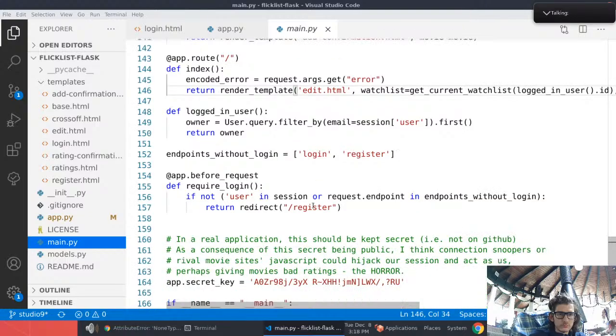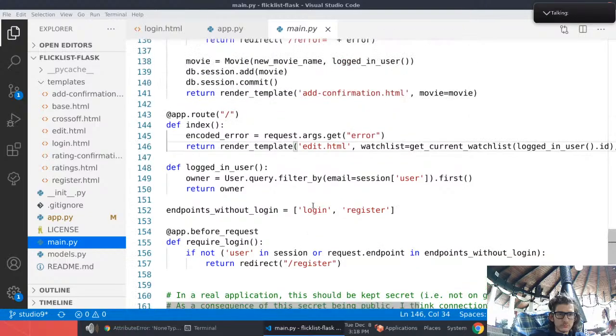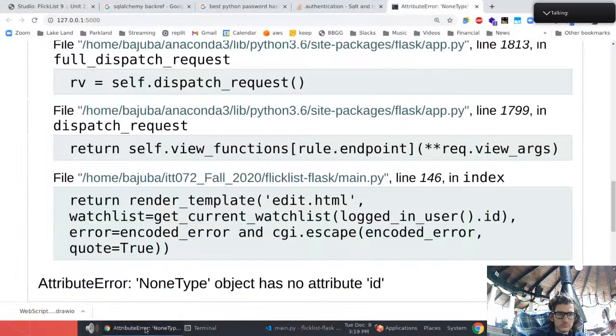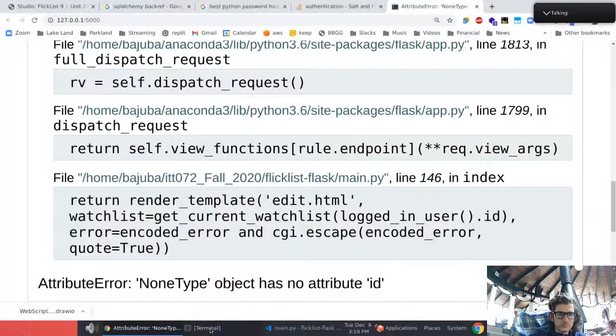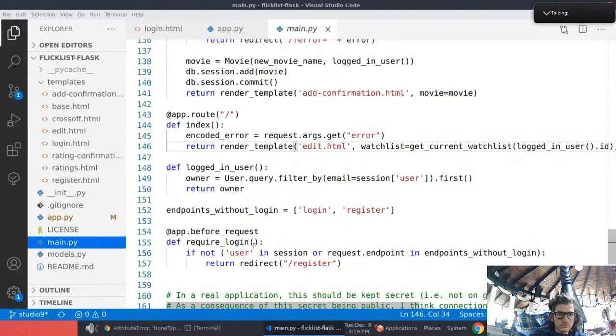They're not redirecting us to register. So before request, oh, okay. Why is it giving me this error? Did it crash in here? Did I break something? So it should kick us to,